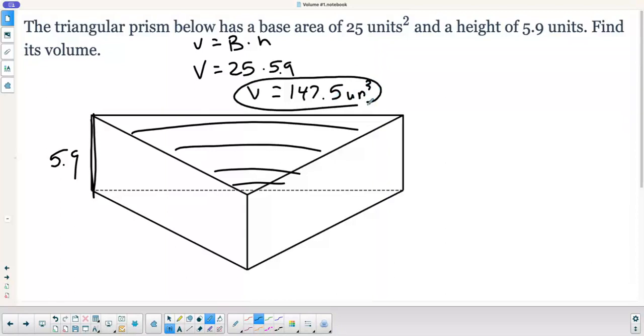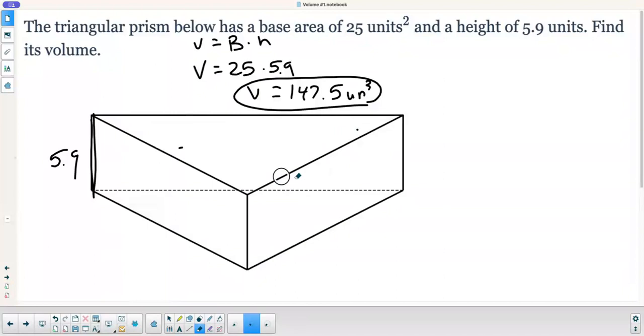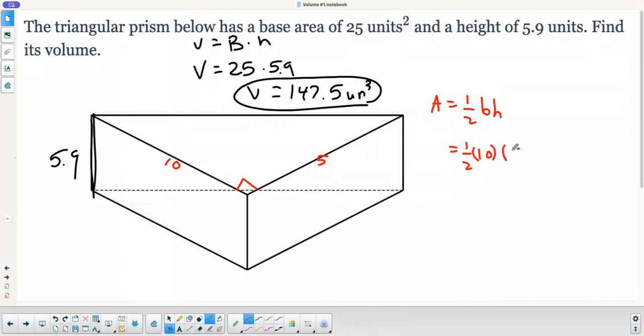cubic units. And they might not give you the area of the base. If it's a triangle, they might show you something like this. These are new numbers here. They might say this side is 10 and this side is 5. Obviously, it's not drawn to scale, because this side over here is much longer than the other side, or shorter than the other side. So you'd have to use your formula for the area of a triangle, 1/2 base times height. So it'll be 1/2 times 10 times 5. That would give me my area is